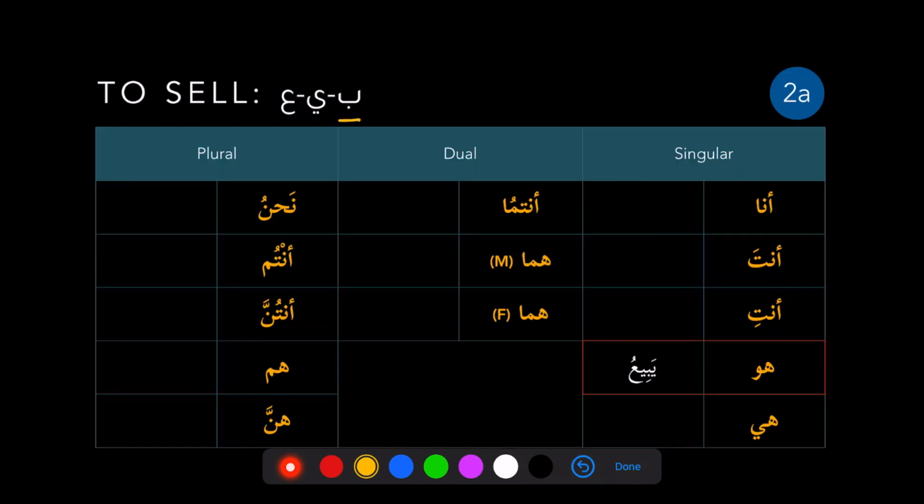Similar to last time, I look up ba ya ayn in the dictionary to figure out the huwa conjugation. So I learned that under the ba, we need to put a kasra. Then I start by conjugating with ana. Ana abi'u. Anta tabi'u. Anti tabi'ina. Huwa, which we got from the dictionary, yabi'u. Hiya tabi'u. Antuma